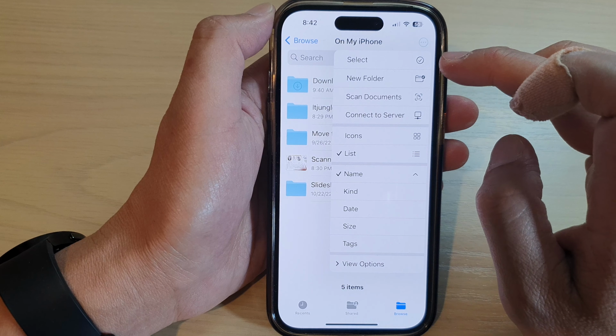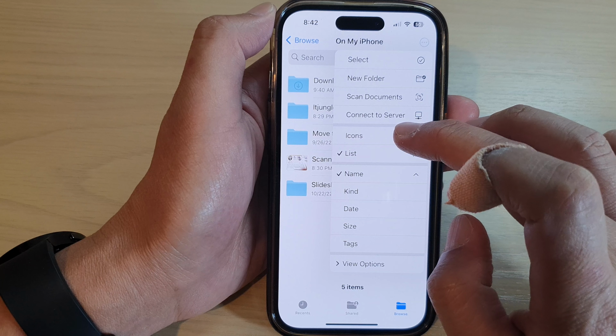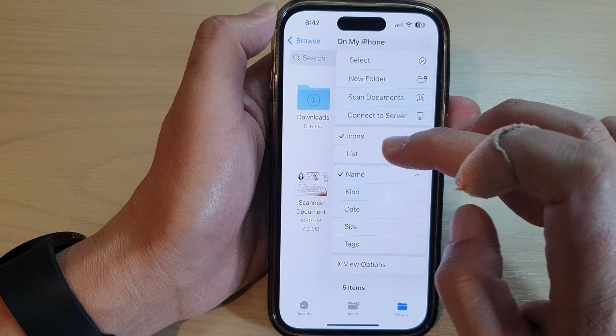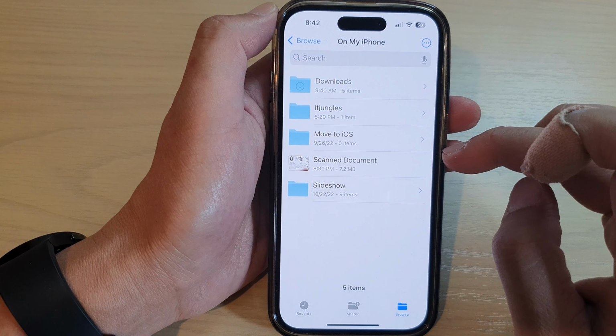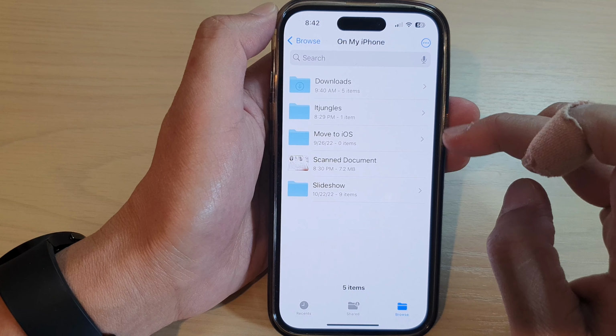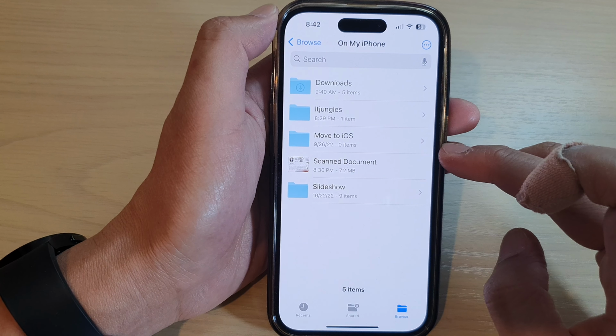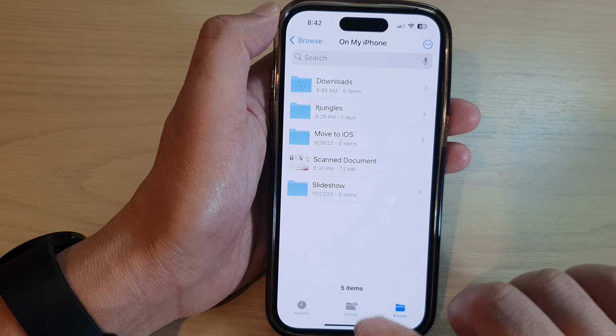at the top. And in here, you can choose to display them as icons or to display the items as a list. And that's it. That is how you can change the way how your files manager display items on the iPhone. Finally, you can swipe up to go back